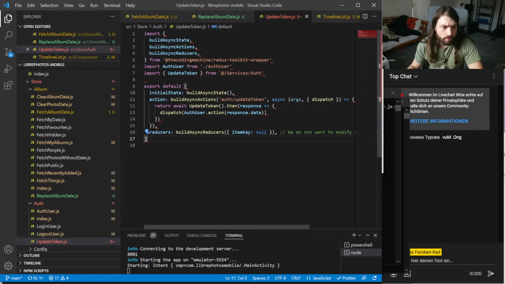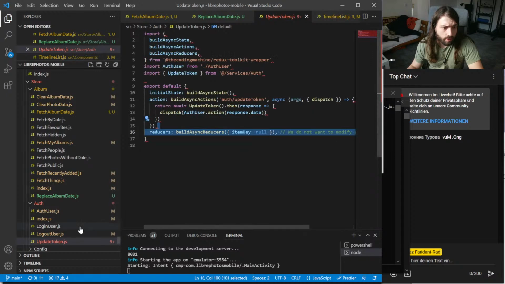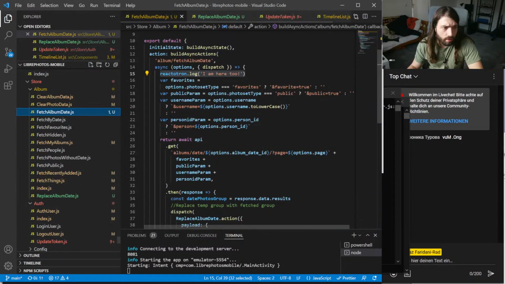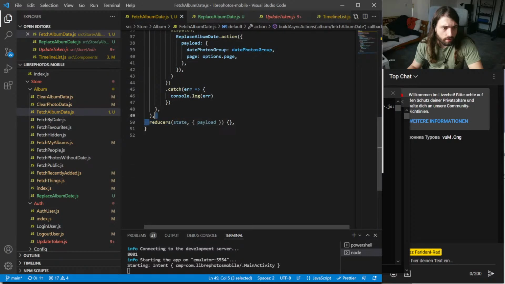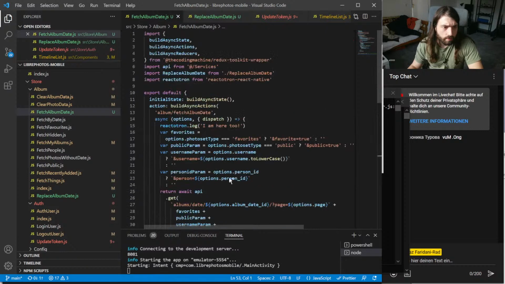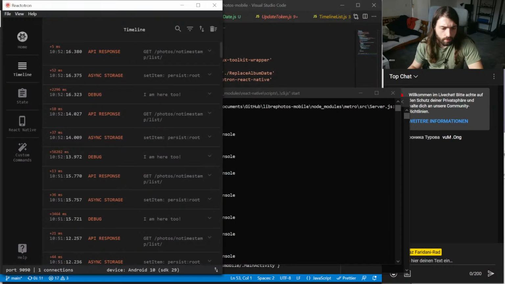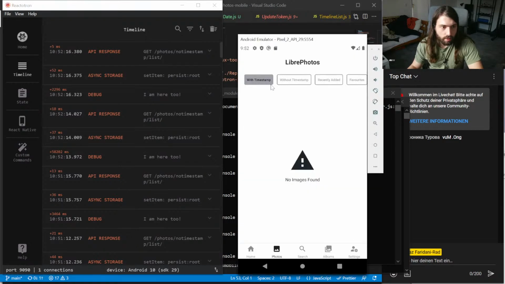Okay, let's try that, I guess. I don't know what item key really does, it's just kind of annoying. Save. Okay, so I will definitely get rid of that. So that's a really bad API.